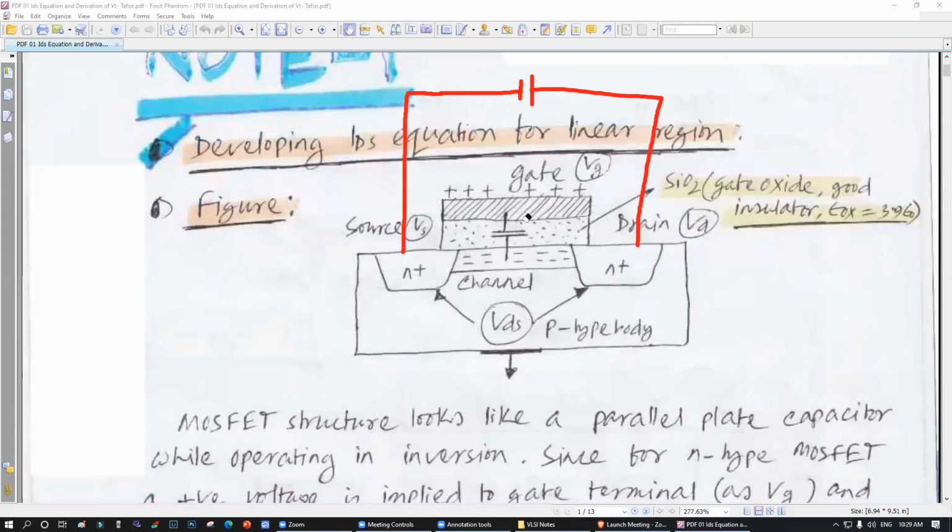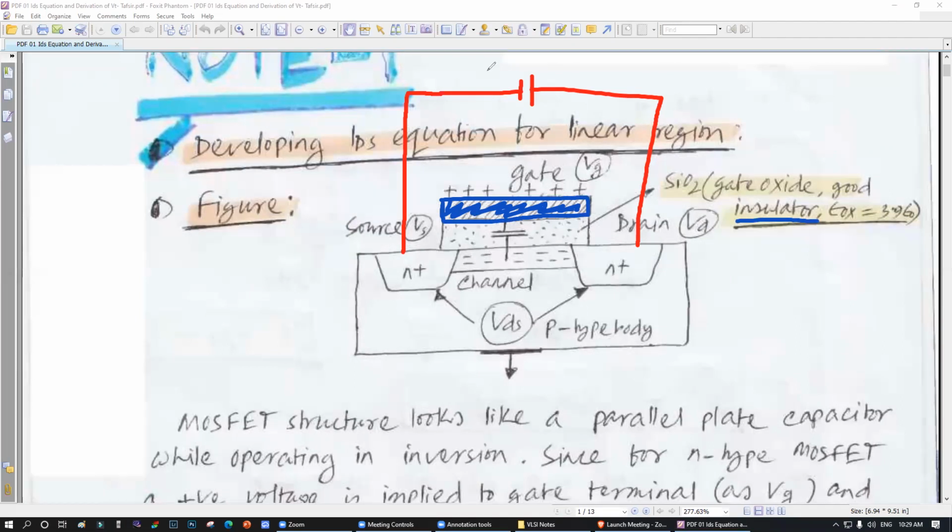How to make a road? You can bring a magnet to this side. This is a metal connection, because this is the gate, this is the metal, and this is silicon dioxide, which is an insulator. So there is no physical connection. No electron can come, no electron can go. Only the magnetic effect can affect this.